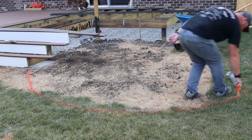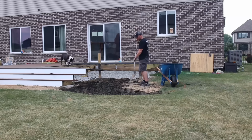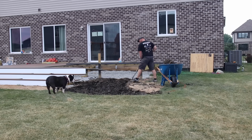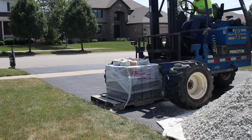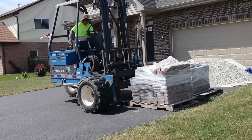Okay, with any patio you want to go ahead and actually lay out your design first. In my case it's a circle, and then you want to start digging. There's a lot of digging involved, so hopefully you've got a little companion like me, and Thor decided he's going to supervise on this project. While I was digging, my delivery showed up, which consists of 125 Brussels block pavers in